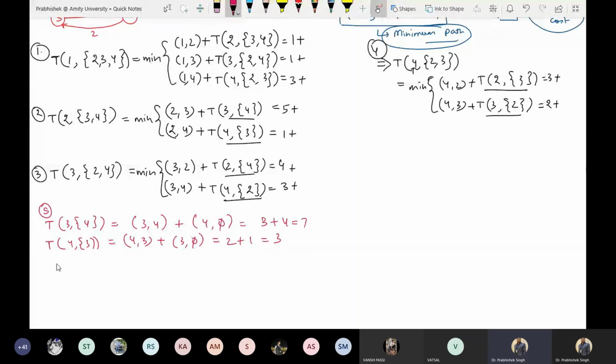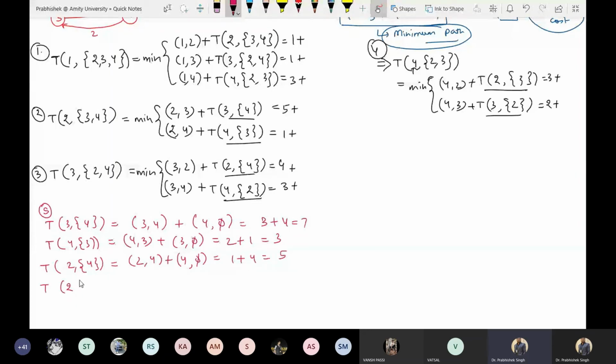Now I will calculate 2 to 4. So I will go from 2 to 4 and 4 to null. So 2 to 4 is 1 and 4 to 1 is 4. So this is 5. Now I will take